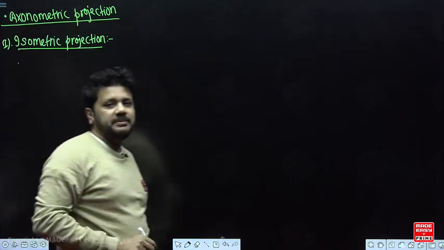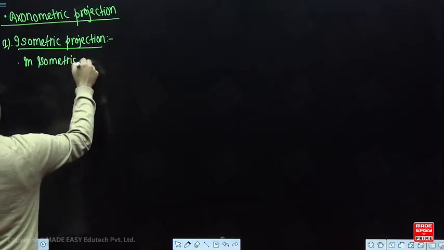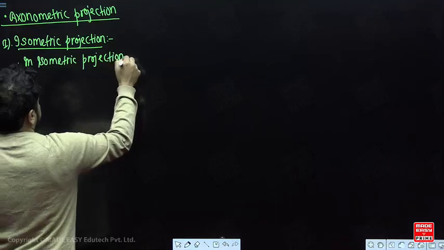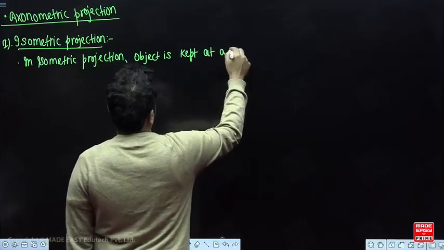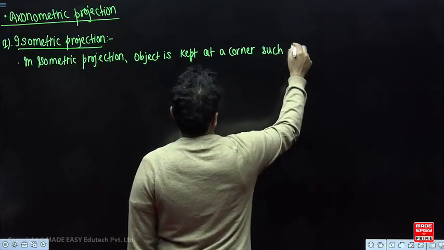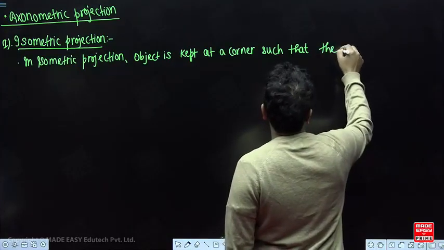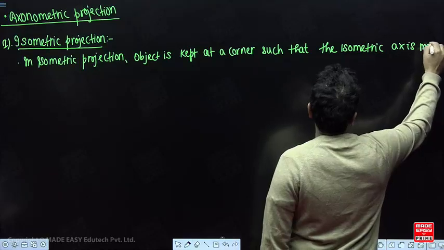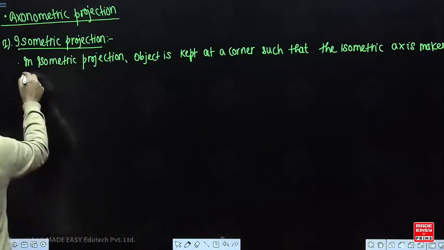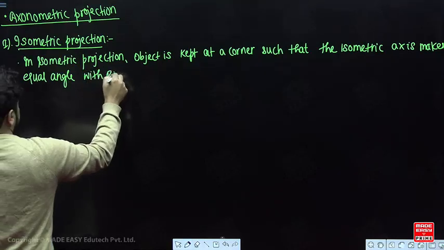So in isometric projection, the object is kept at a corner such that the isometric axis makes equal angle with the POP, the plane of projection. For example,